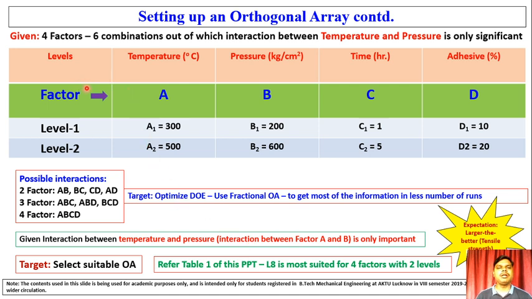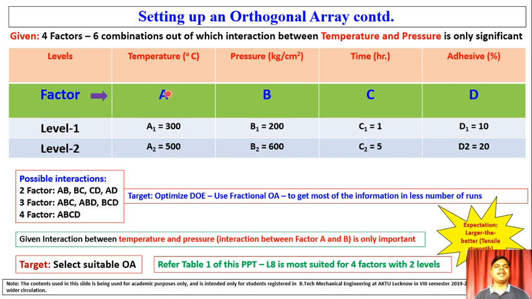I have set this table in another form. I mentioned this table as factors. So for temperature, the factor is A, so it becomes A1 and A2. I have used A1 and A2 for low level as well as high level. For pressure I have used the parameter B, so B1 will represent the lower pressure and B2 will represent the higher pressure. For time, C1 will represent less time and C2 will be more time. Adhesive percentage is represented by D, so D1 will represent the lower percentage of adhesive and D2 will represent the high percentage of adhesive.